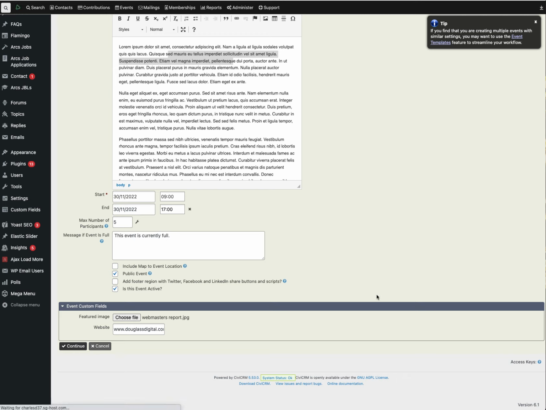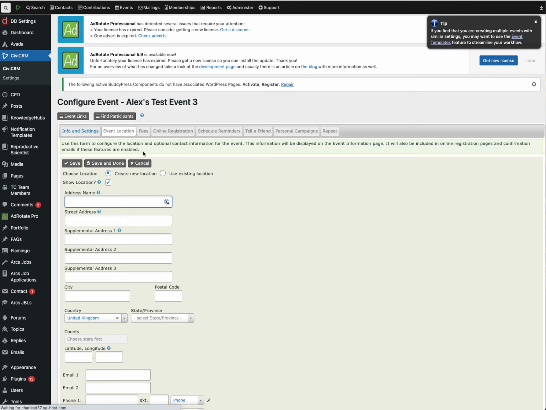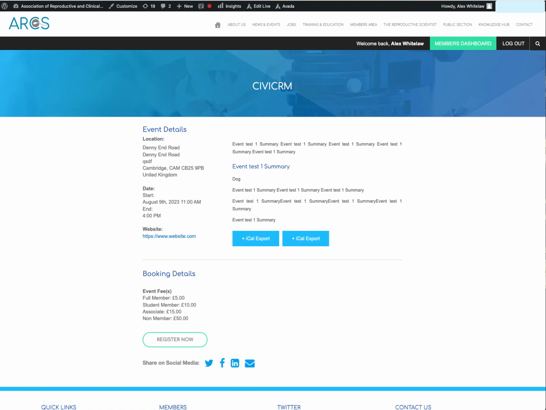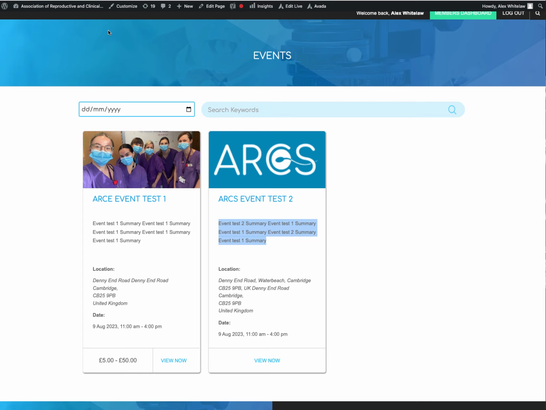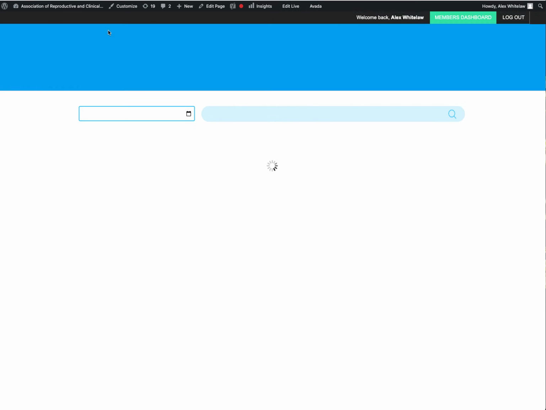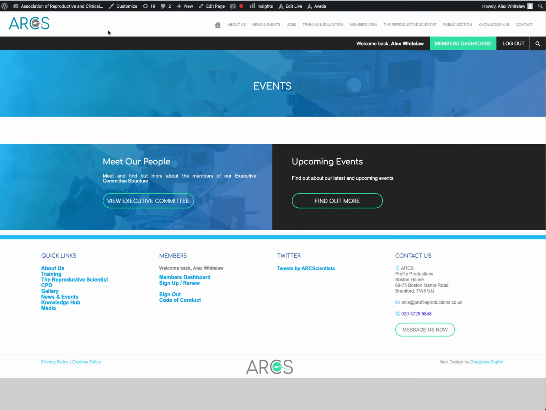So if I save that, press continue, that then creates the event, and I've made it public. But obviously what I haven't done is added a location, a fee, any registration process or anything on. So we probably only want to press that button when we're happy we've got the rest of the information in. Because if I do a refresh now,